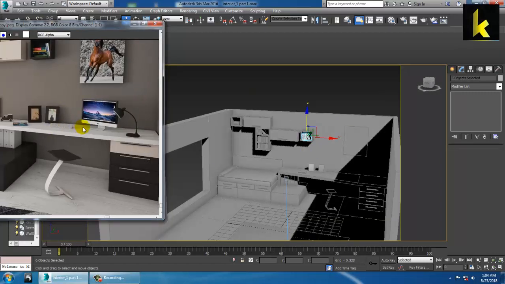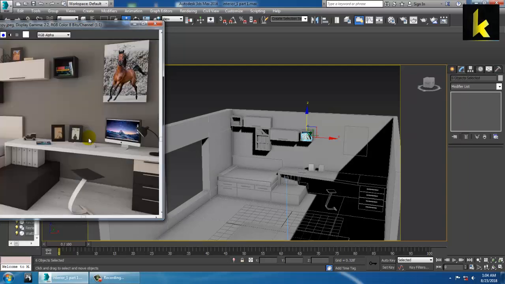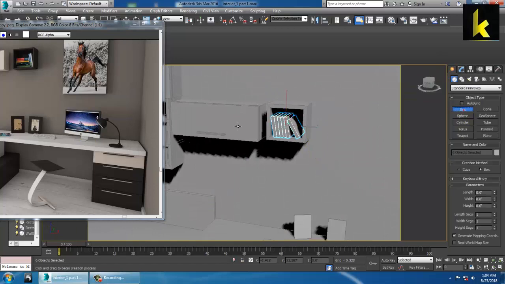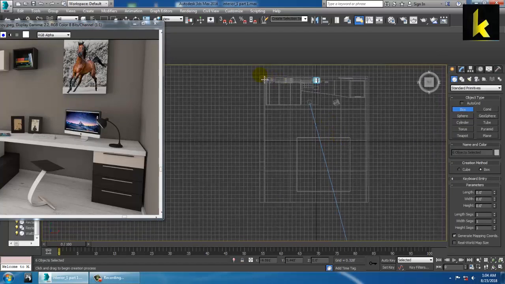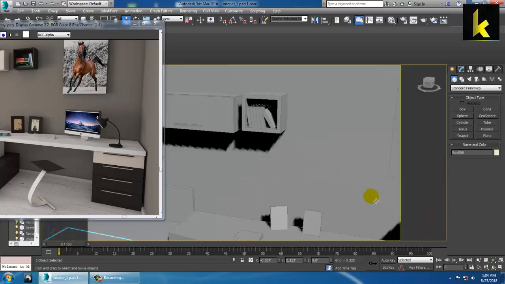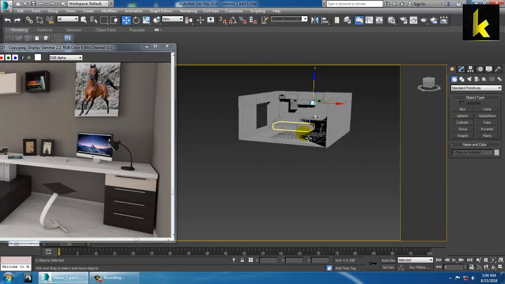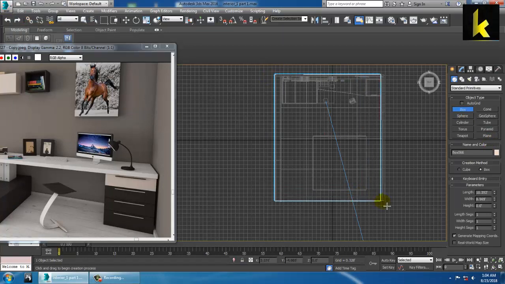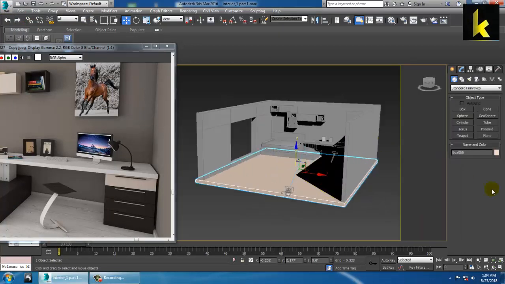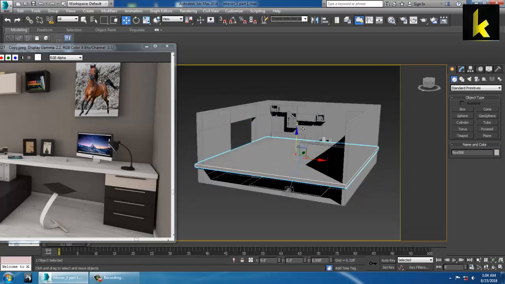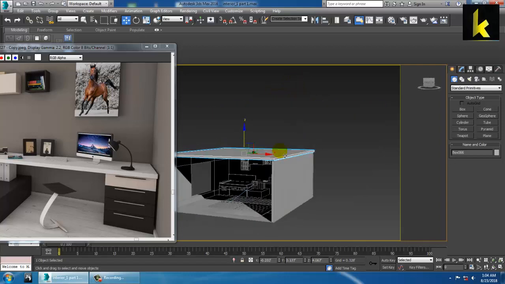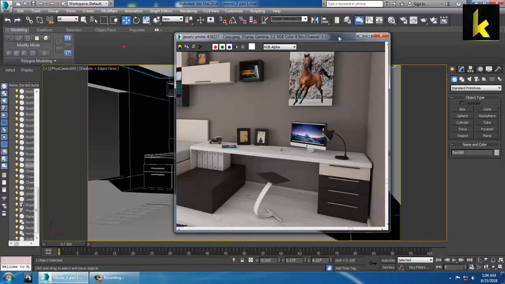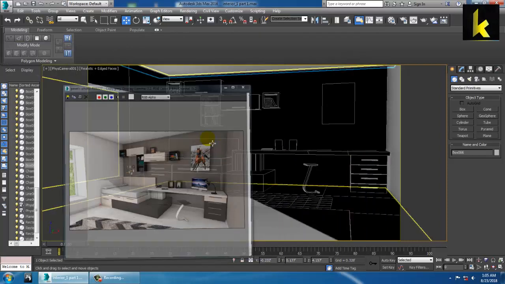And also the roof can be placed. So you can take a box and you can create it from the top view. So you can make a box from the top view. Switch it to the top, scale it, and you can switch it to the camera view. So as you can see over here, the reference,